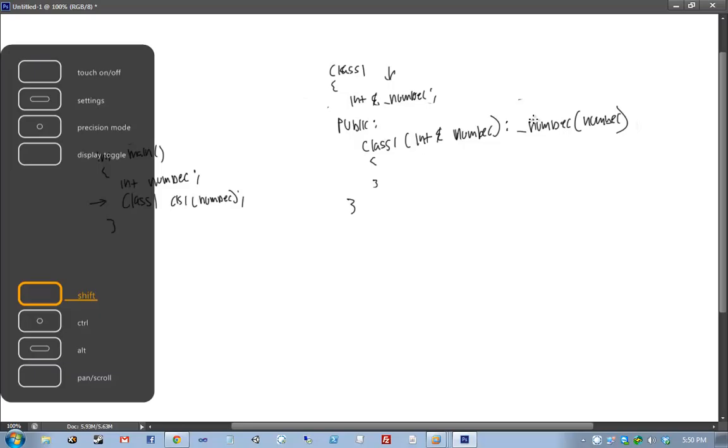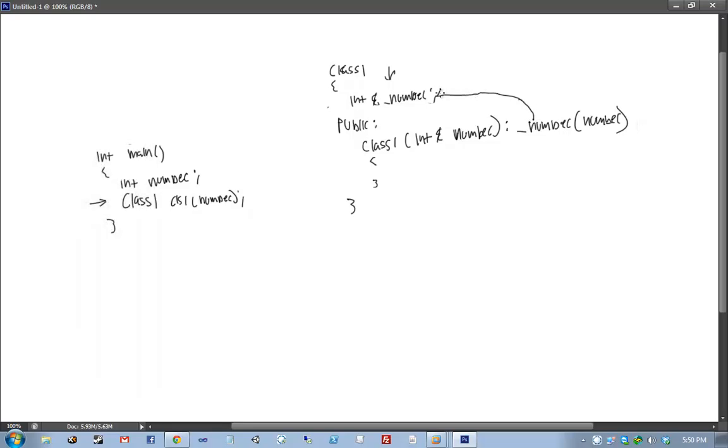Underscore number is a reference to this field. This is saying we want to initialize this field, underscore number, which points to this, which is a reference. Not to get the terminology confused, but underscore number is the underscore number that we defined as a field. The number bit is the parameter that we passed into the constructor.